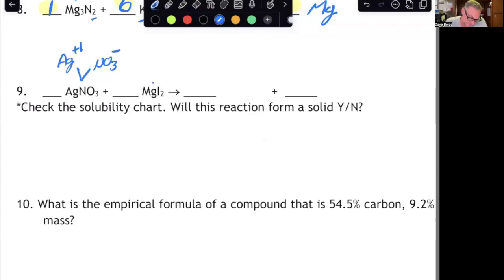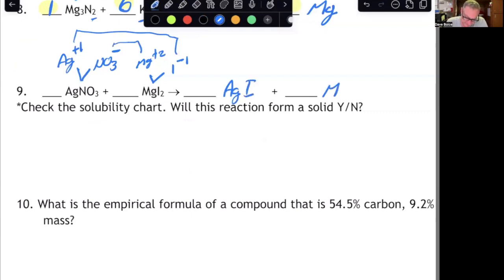So there you go. Magnesium is a +2 and iodine is a -1. So let's go ahead and put plus with minus. This is going to go together 1-to-1. So AgI plus, positive before negative,